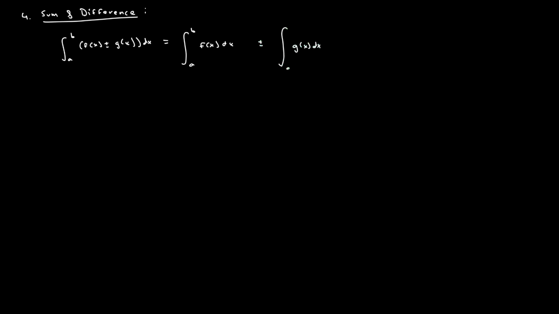So essentially what this is saying is if you have two functions that are summed together, you can split those functions up and evaluate the integrals of those functions separately,